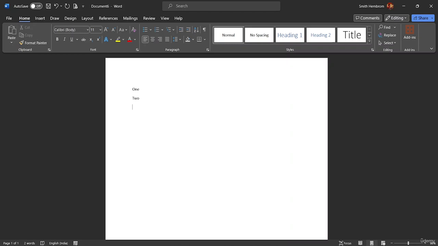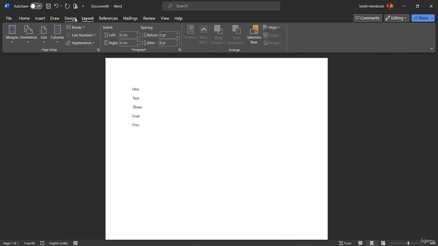Let's come down right over here and type 3, and let's come down and type 4, and I'll come down here and I will just write 5. Okay, so I have just put in some information over here. Suppose these are a few of the Word files. So now what I can do is I will come first into this